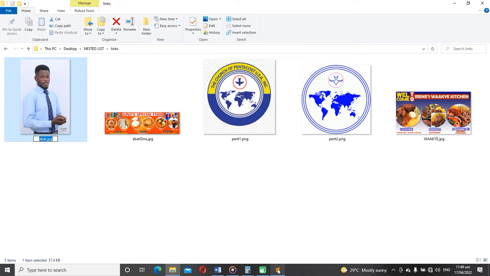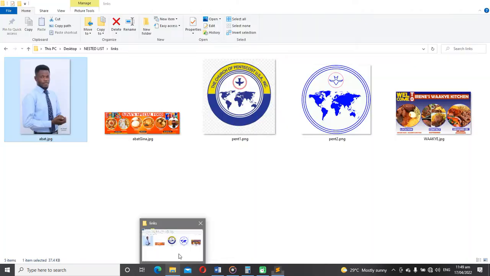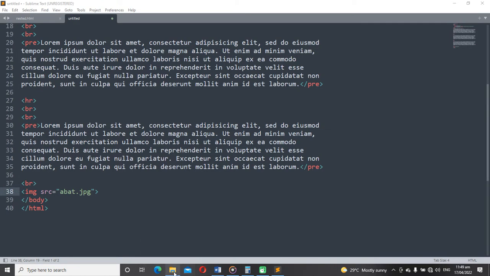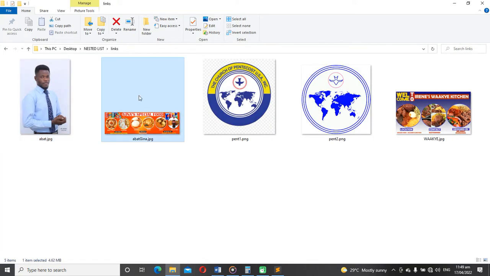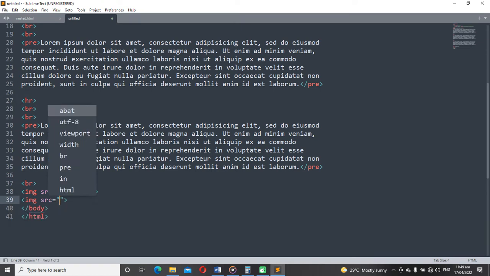I don't want to make any mistake, so I just copy the same thing. I paste it here, and I come to the next image. I just click on it as if I want to rename. Highlight everything, copy. Come here, and then you repeat the img tag, and then you paste